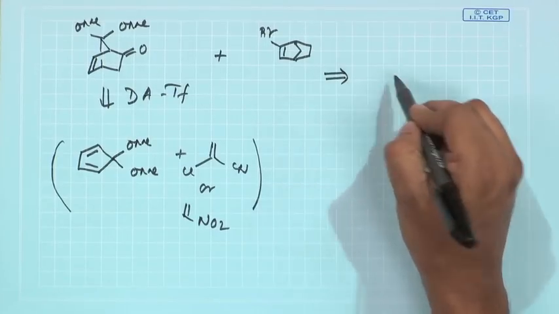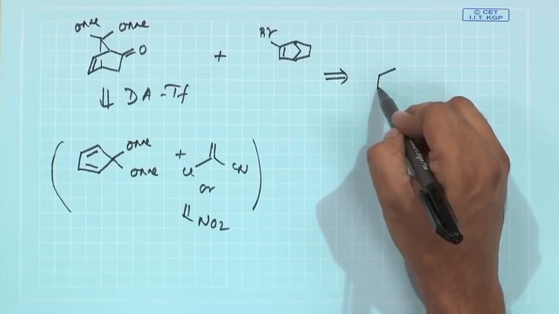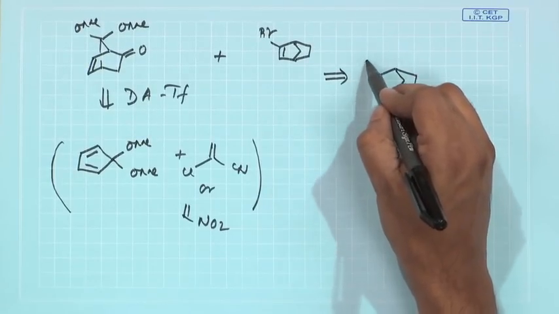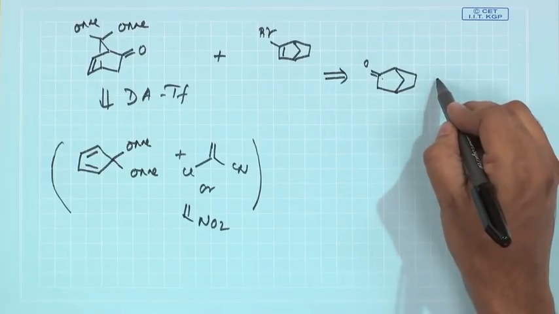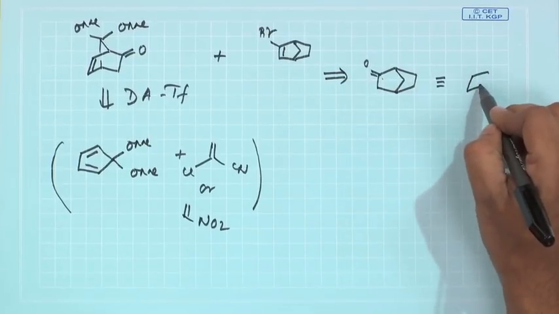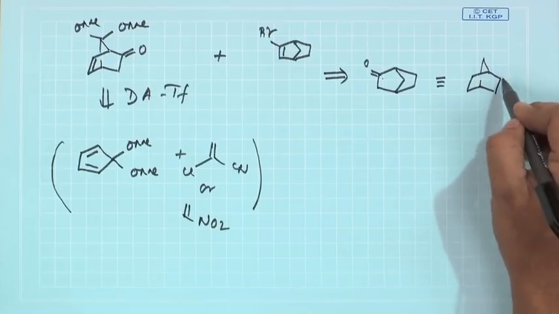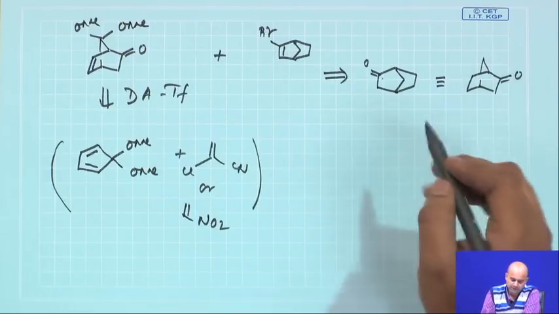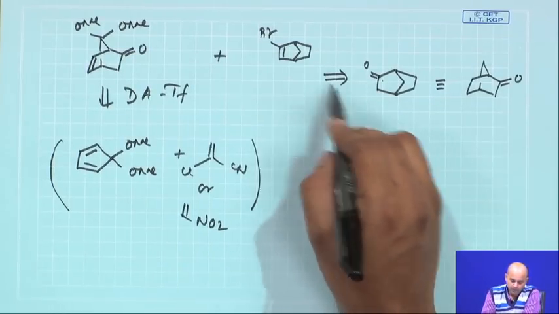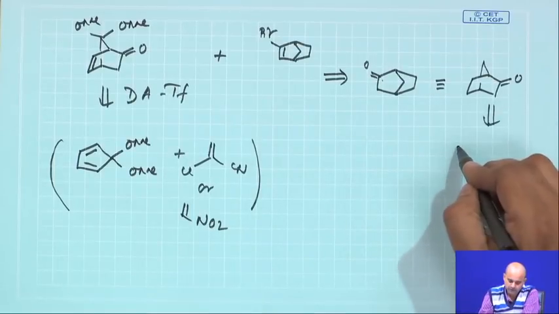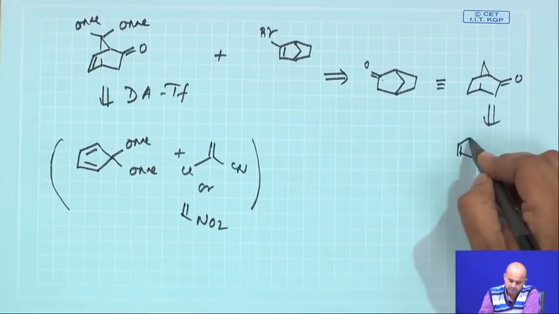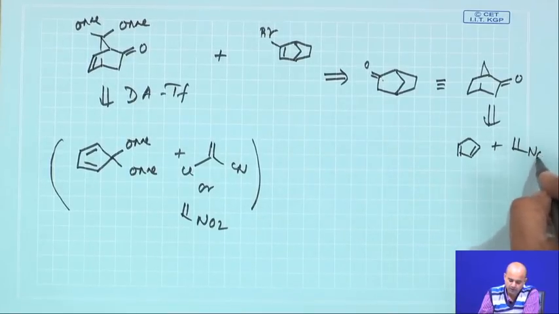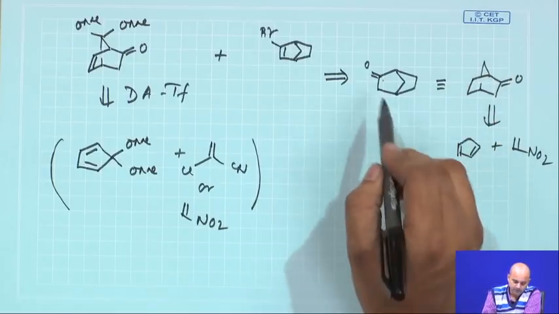Let us say you have a compound like this, this compound is basically nothing but this compound, is it not. So, how you can prepare this compound is absolutely fine. You take cyclopentadiene with a similar kind of Diels-Alder reaction and do hydrogenation, that will basically give you this. Now, from this to this,